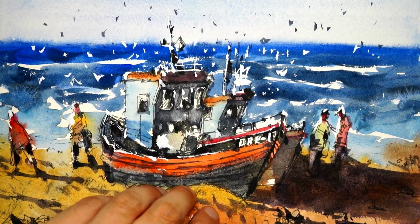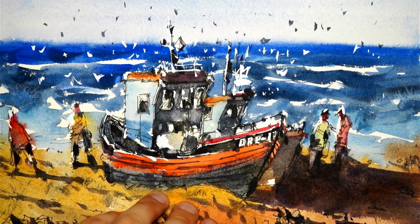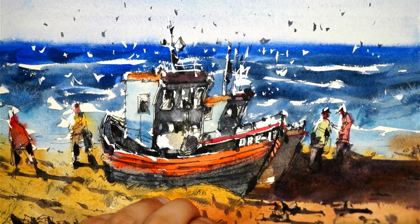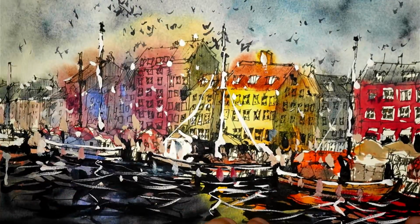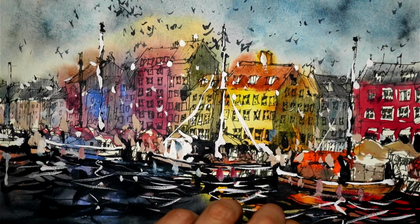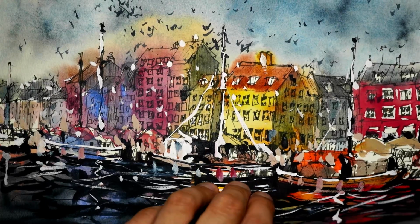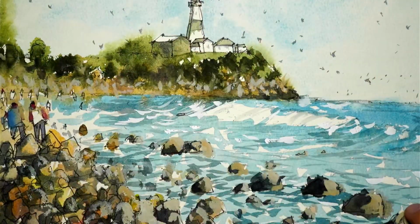I'll walk you through in real time the techniques I'm using, such as wet into wet and wet on dry. I'll also show you how to simplify and sketch any scene in pen. This class is aimed towards beginners and intermediate painters. There are scans, drawings, and tracing templates included for each project to help you transfer your drawing over quickly and